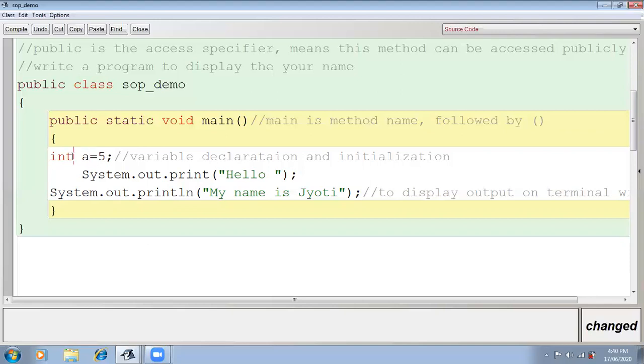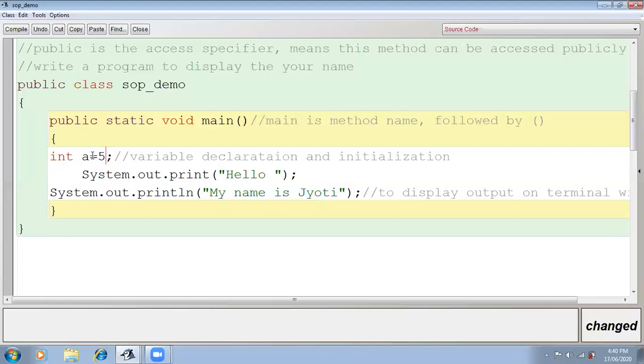So the compiler already knows, it is conveyed by this message that if it is int, it means a numeric value will be given without any decimal. Integer means numeric value without any decimal place. Okay, understood? So int a equals to 5. So 5 is the numeric value that is going to be stored in a.